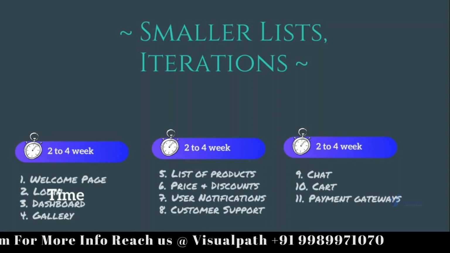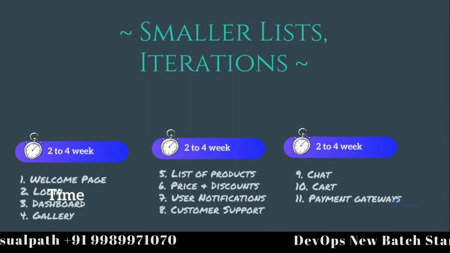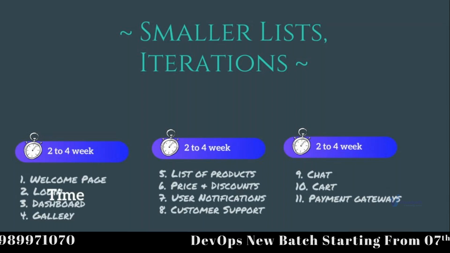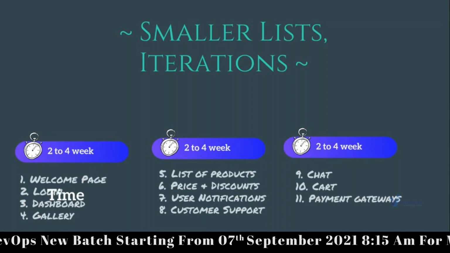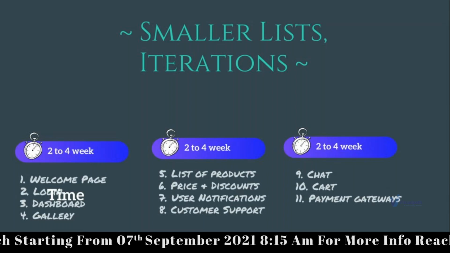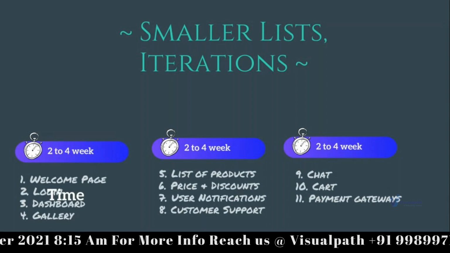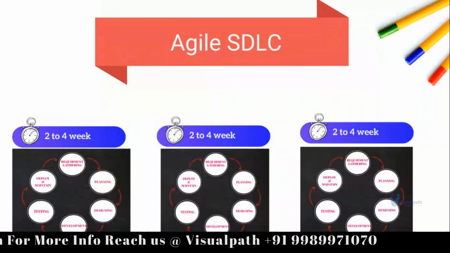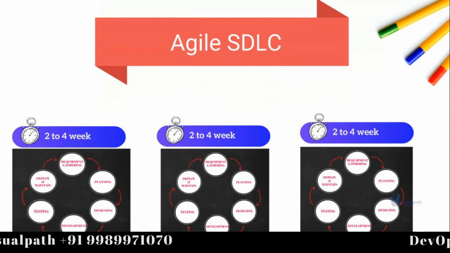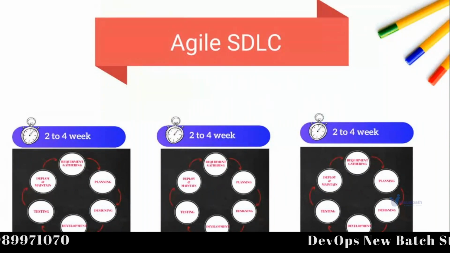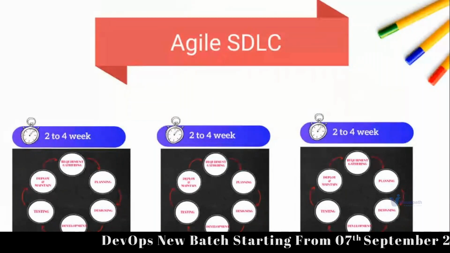So I was saying, the iteration is completed. Emma gets the demonstration, and she may add or remove some features, may give feedback, and that can be included or changed in the next iteration. So the best part of this is that there is a feedback loop. And this is actually called agile SDLC, right? So you see that cyclic flow, but it's not for the entire product. It's some part of the product, a list of features we call user stories.